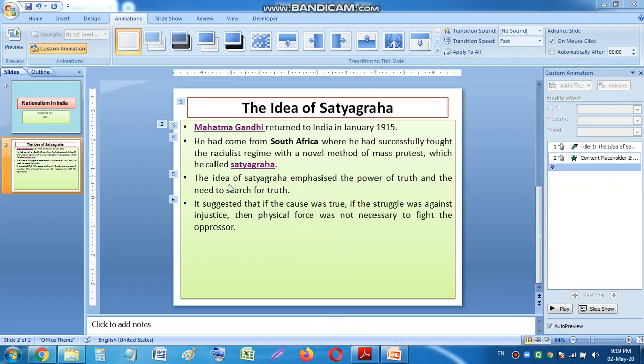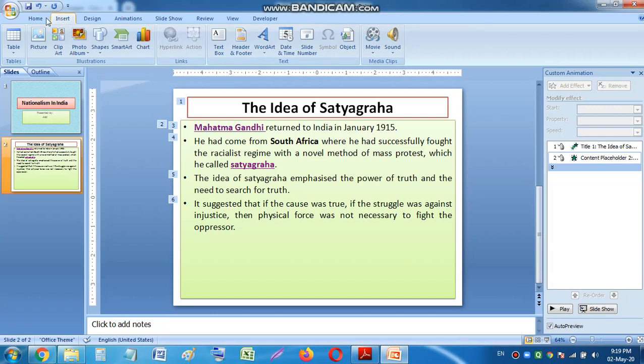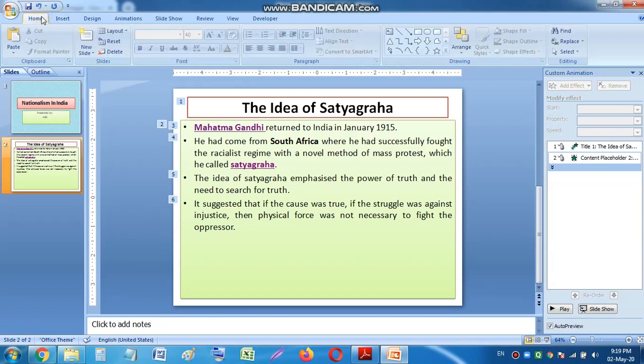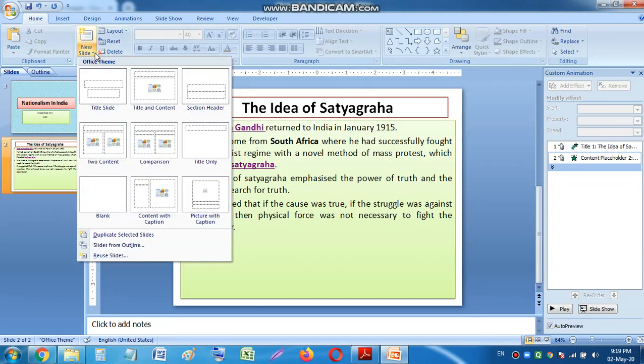After learning the hyperlinks, now I am going to let you know how to insert an image in the full slide. Suppose you want a slide full of images, and one image should be very big like that. So you can do that also. Go to Insert, you can see over here, or you can say better to go to the Home position and select New Slide over here. I am selecting this one again.